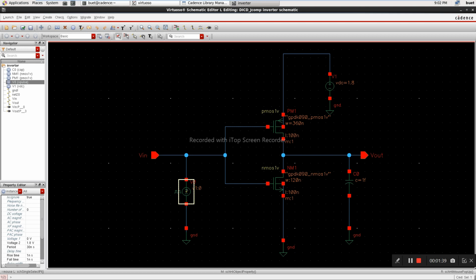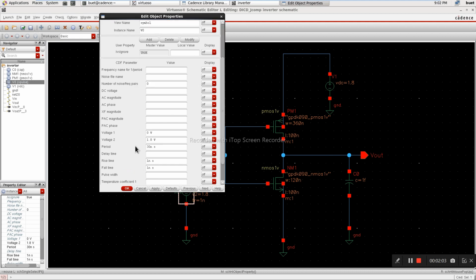It changes the logic levels, right? So what exactly, if I change it, will vary the slope? What is that parameter of that signal? I don't know. You can vary the slope of the input signal by varying the rise time.